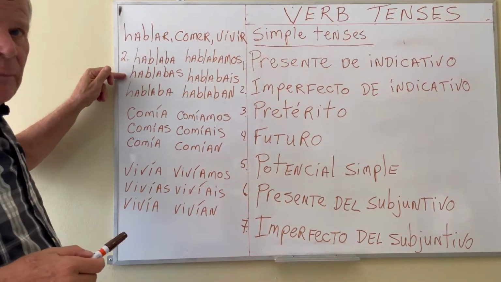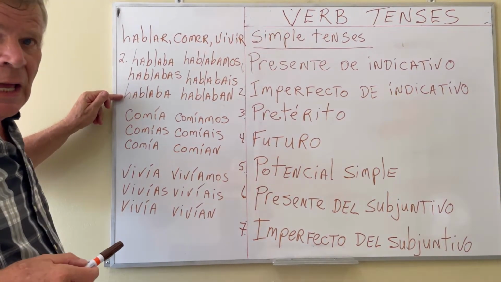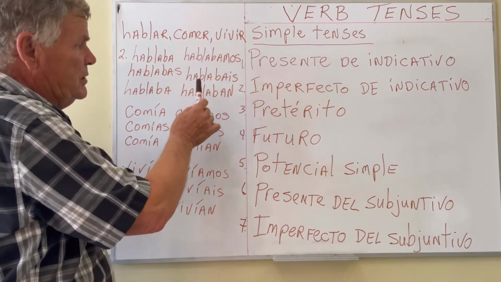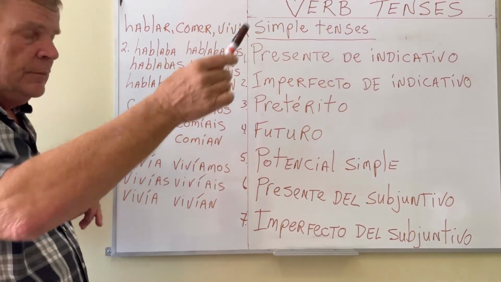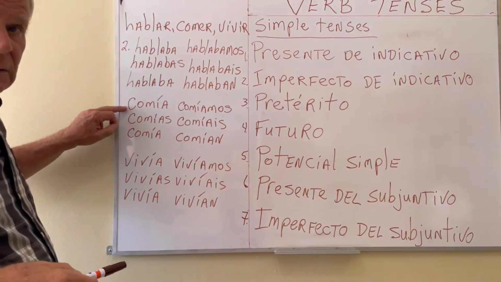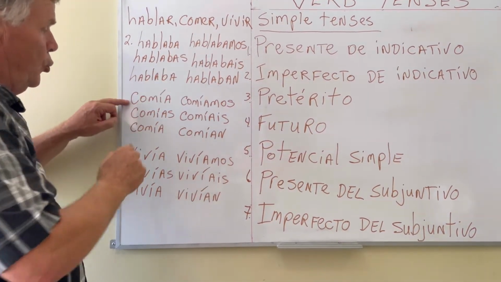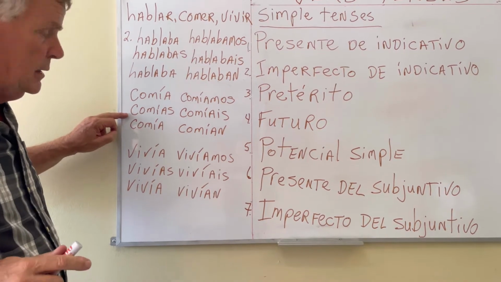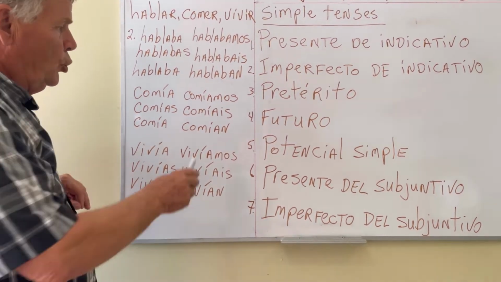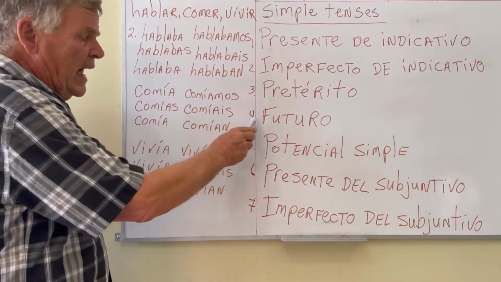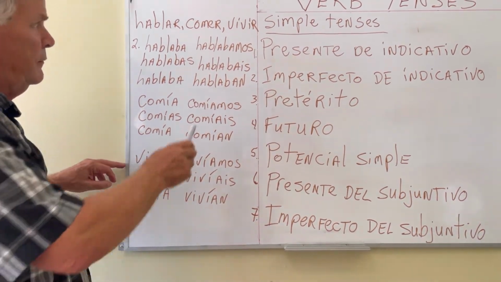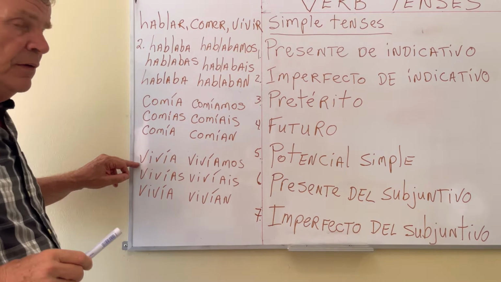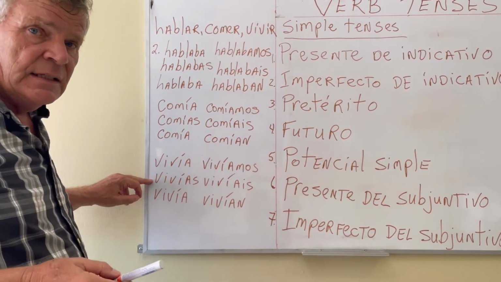Hablaba, hablabas, hablaba. Hablábamos, hablabais, hablaban. Comía, comías, comía, comíamos, comíais, comían. And from vivir, we have vivía, vivías, vivía,